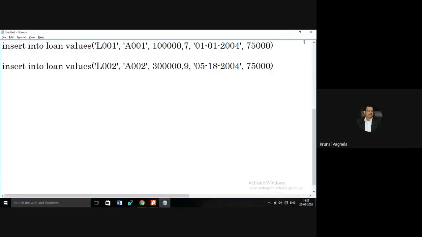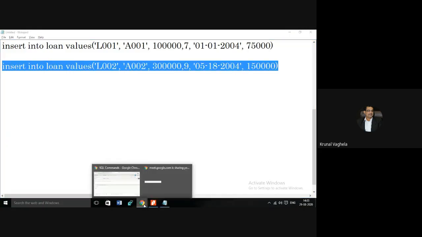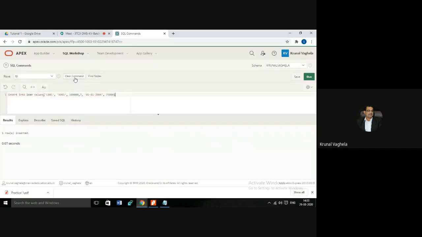Remaining is 1,50,000. Control C, clear, Control V, run. And the last row which I will insert.